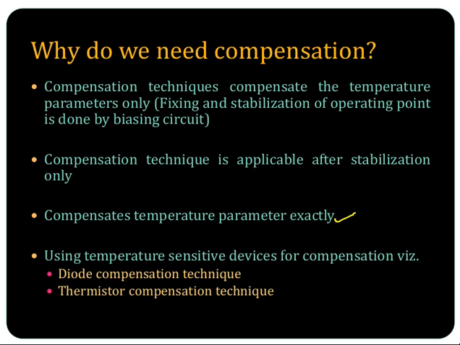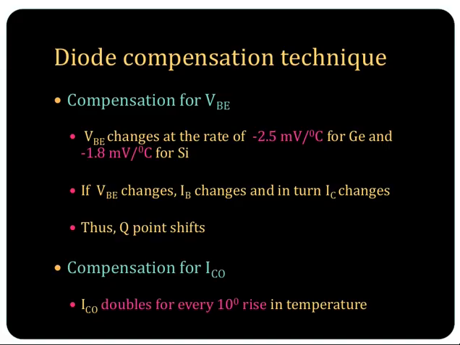So you know that as temperature increases, the collector current increases. How does this happen, or how does the operating point shift? So far we haven't given much thrust onto the variation in VBE with respect to temperature. When we discussed the different biasing circuits, we were concentrating on the increase in the collector current due to the reverse saturation current rather than the VBE factor, isn't it? So before going to the compensation techniques, I'll just brief about what happens to VBE.